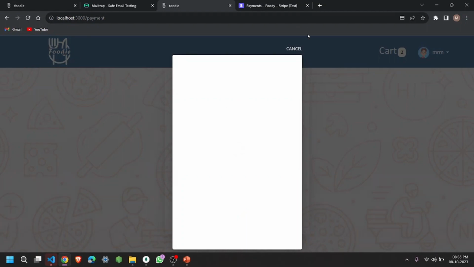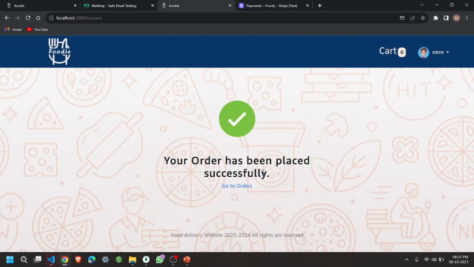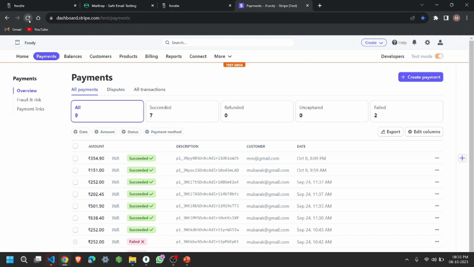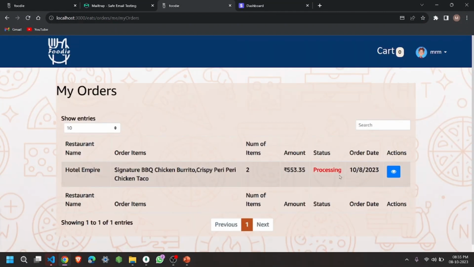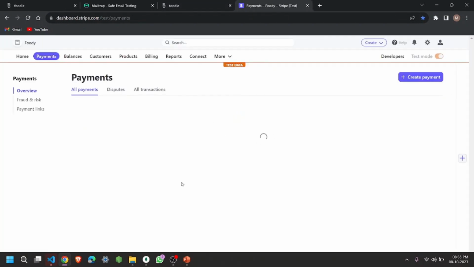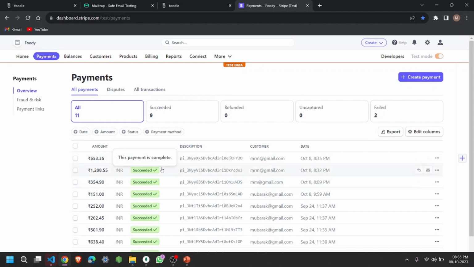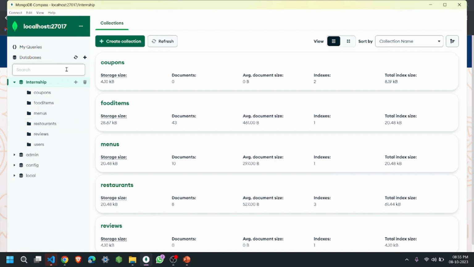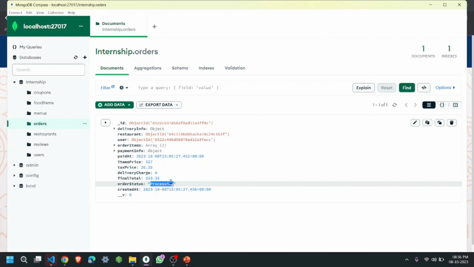This shows the payment is done and your order has been placed successfully. Go to your orders. You can see here where the payment is shown here in the Stripe account. There you can see the process is processing. Amount is processing. Let me show you the amount is paid. And if you want to change it, then you can just change it here by changing it processing to